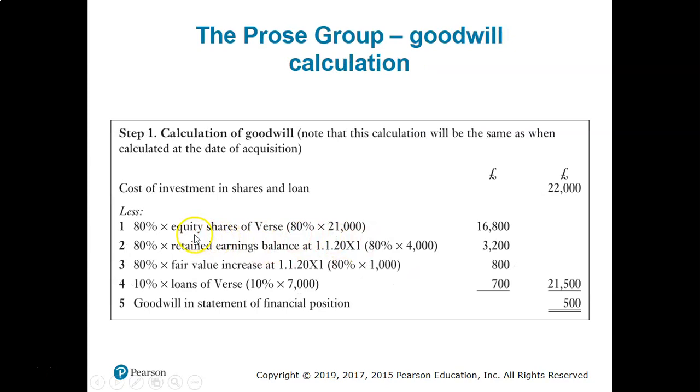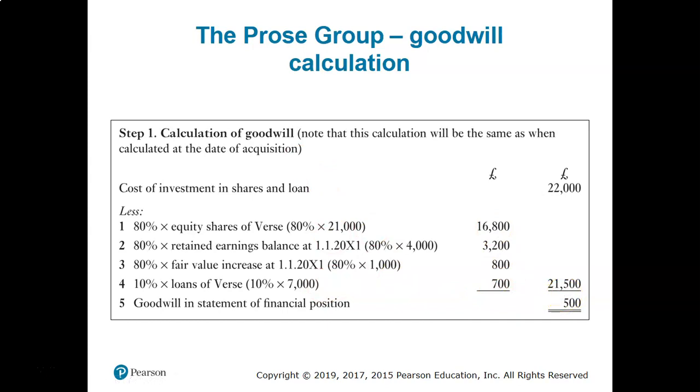The share capital is 21,000, 80% is acquired. Retained earnings on the beginning day 4,000, 80% is acquired. And fair value increase 1,000, so 80% is for the parent. And the loan of 7,000 of the subsidiary is acquired by 10% by the parent, so this is 700. So altogether